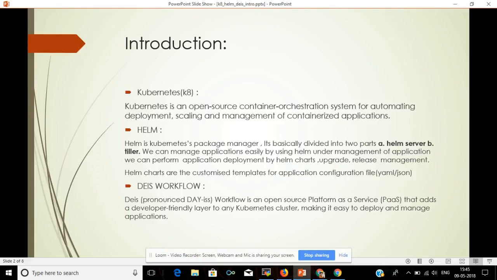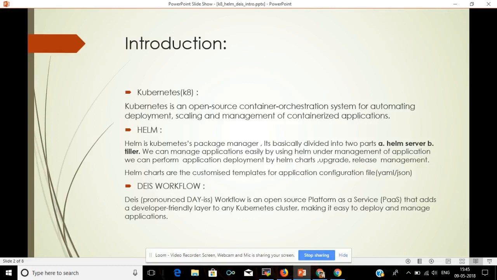Third is Deis Workflow. Deis Workflow is an open source platform as a service that adds a developer friendly layer to any Kubernetes cluster. Using Kubernetes is quite complicated for an end user or a normal user. In the beginning, he has to learn about YAML and JSON, and how to write them.